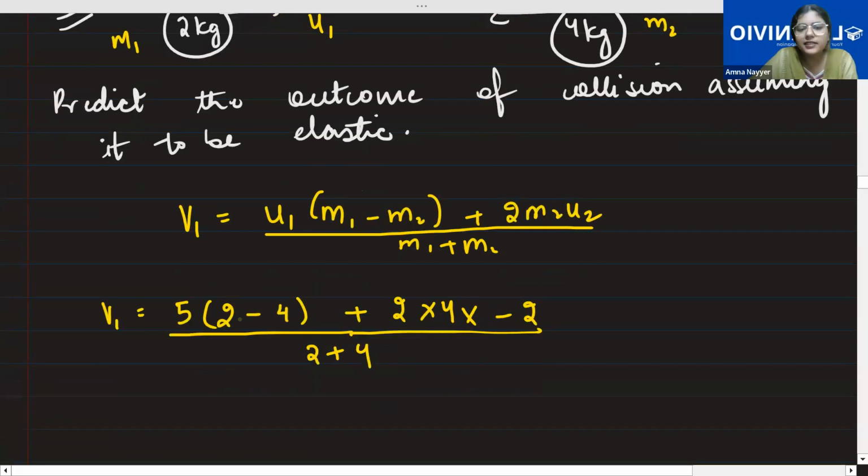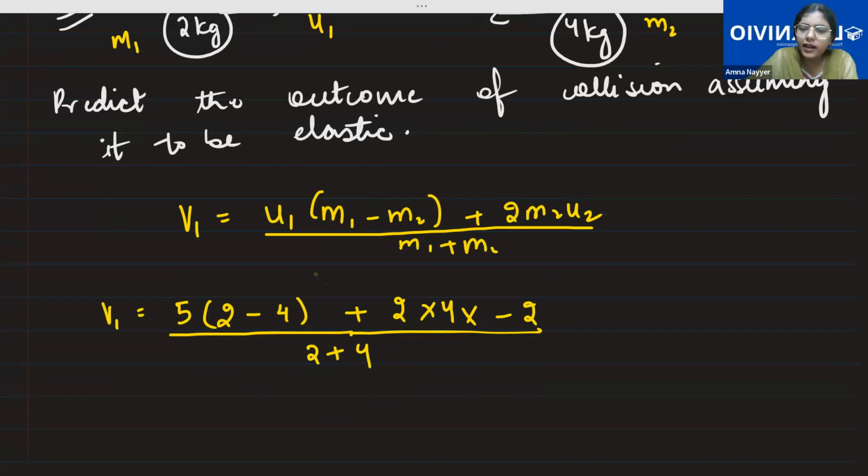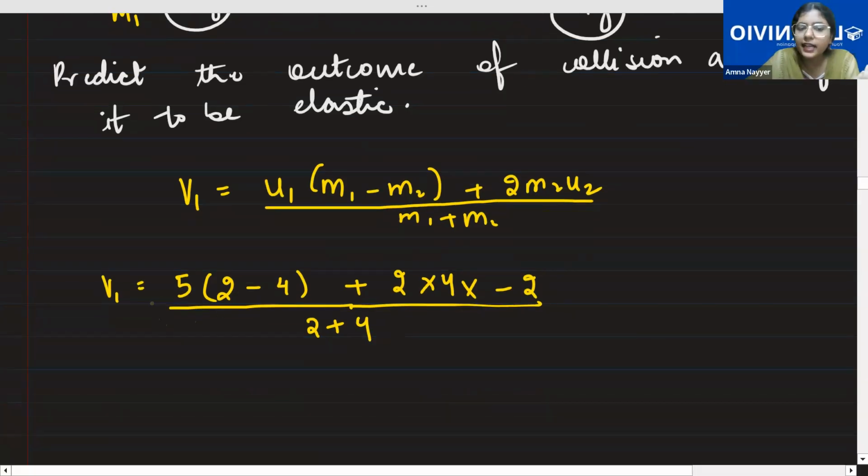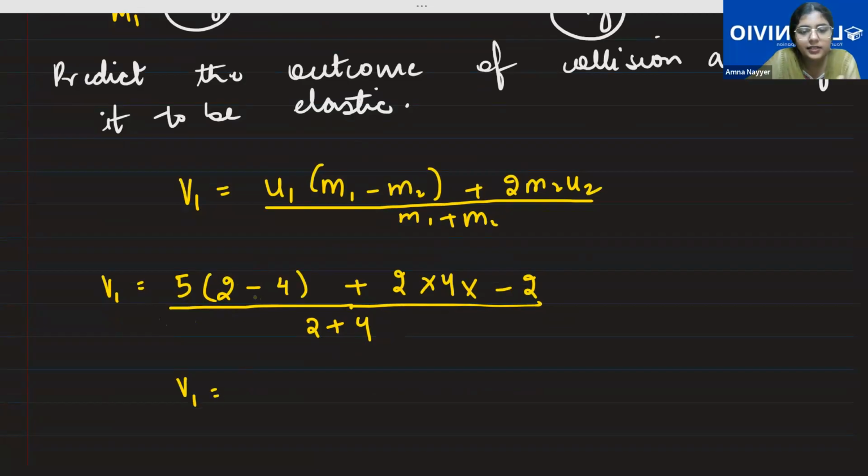Now see, for these masses I was saying, masses will always be positive. Difference between masses can never be negative. So if it is 2 minus 4, when you write minus 2, you can take the modulus, because velocity can be negative. Velocity can come anything, but masses cannot. So V1 will be, minus 2 means that is 2. 2 into 5 is 10. This is minus, so we are going to put minus. Minus 16 divided by 6, that is minus 1 meter per second.